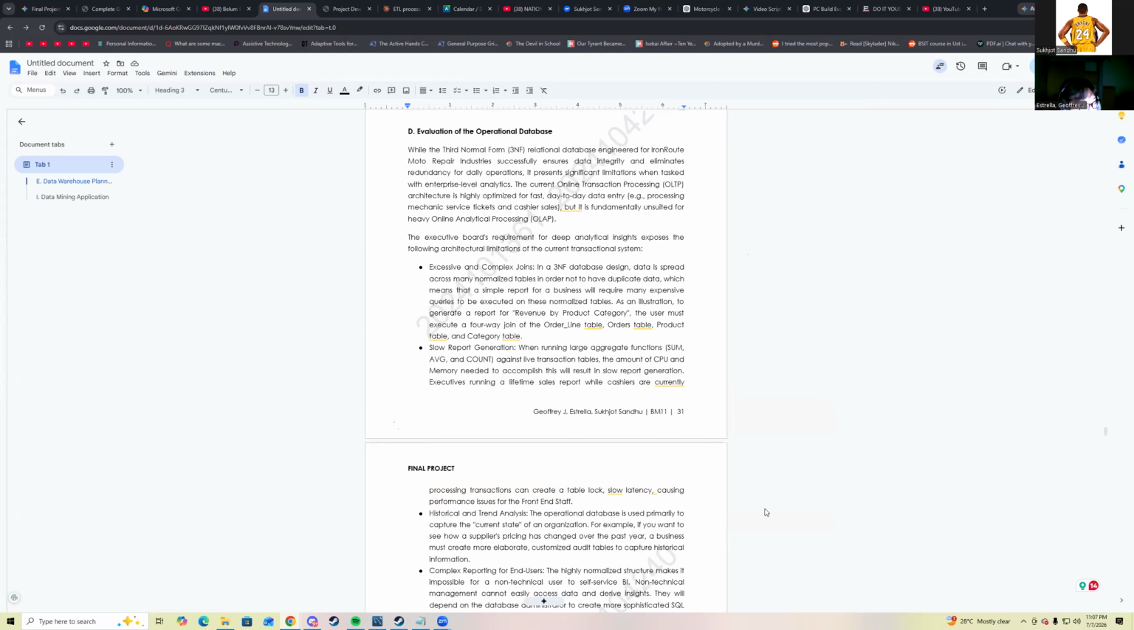In fact, if an executive runs a massive lifetime sales report, it can actually freeze the system for our cashier workers on the floor. Furthermore, our current setup only captures the current state of the business, making it incredibly difficult to track historical trends. Plus, it's way too complex for non-technical managers to use without asking IT to write custom scripts. So the clear solution